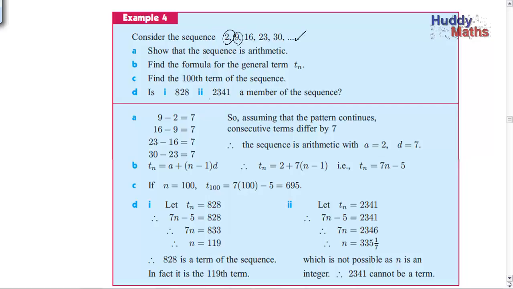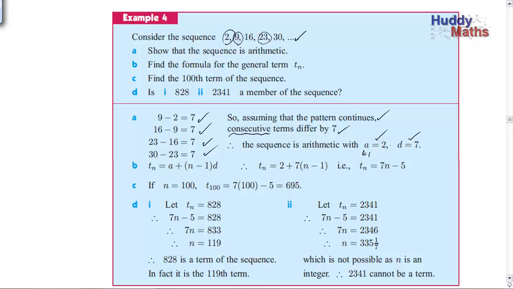9 take 2 is 7. Do the next pair. 16 take 9 is 7. 23 take 16 is 7. 30 take 23 is 7. So assuming the pattern continues, the consecutive terms differ by 7. Remember, consecutive means next to each other, one after the other in sequence. The sequence is arithmetic with the first term, we could call it T1, being 2, and the difference